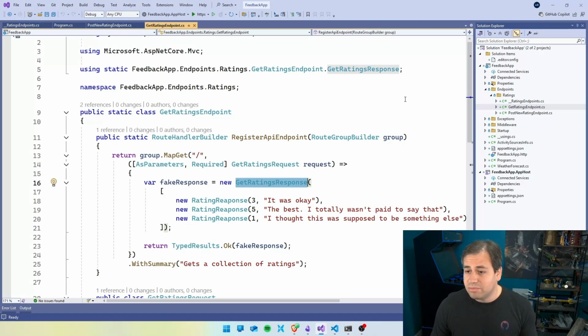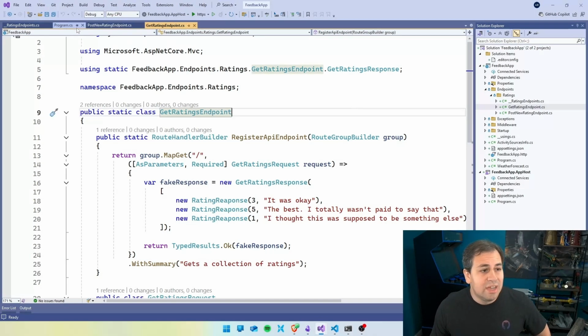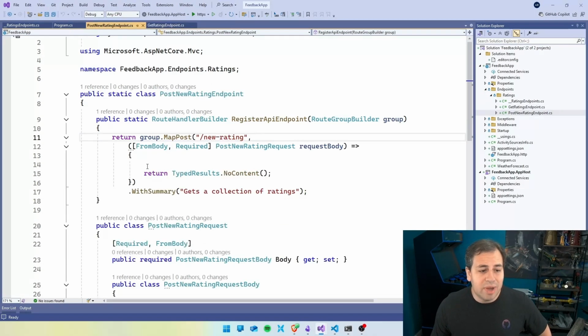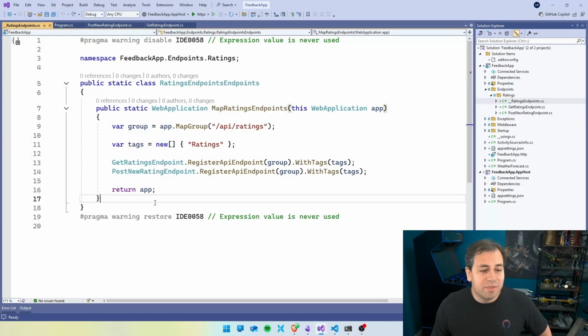I just want to call out, really simple. We replace those controllers with endpoints. It is a different way to go ahead and map those. The downside is, yeah, we do have to have some extra code. Whoops, over here. We do have to have this extra code to map it,